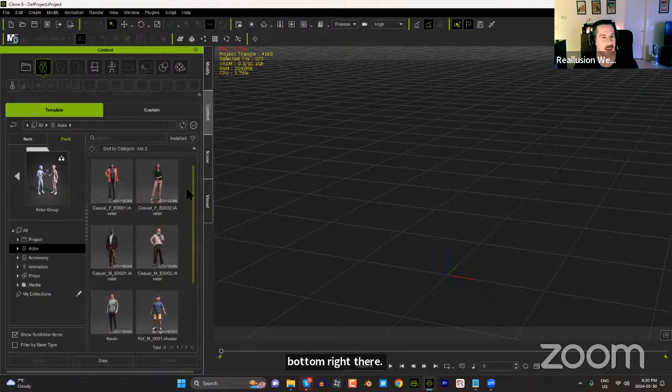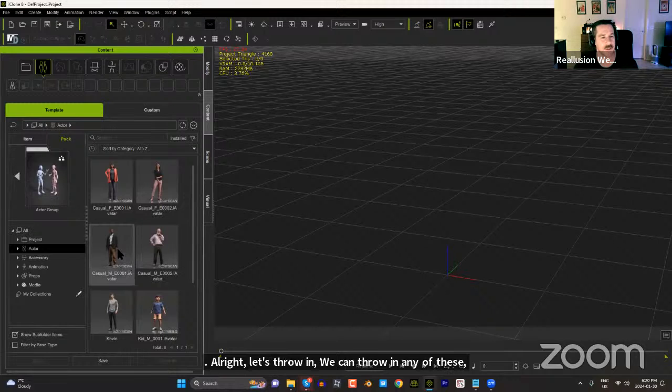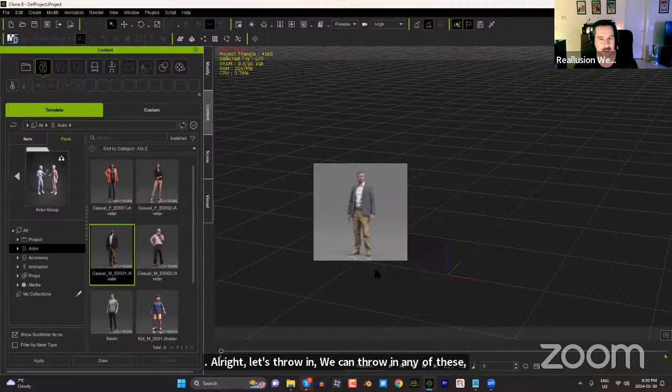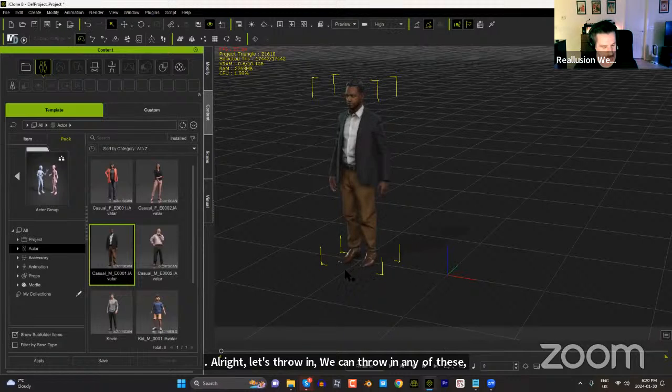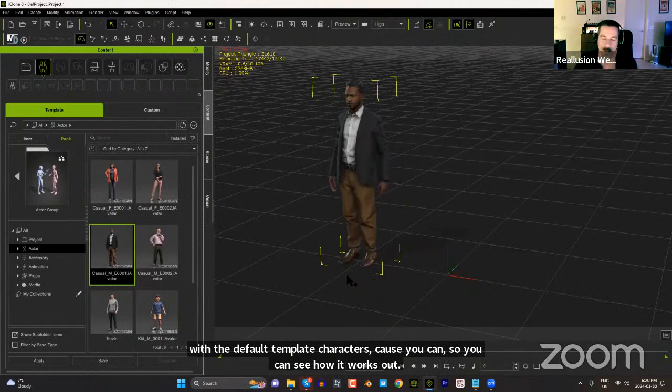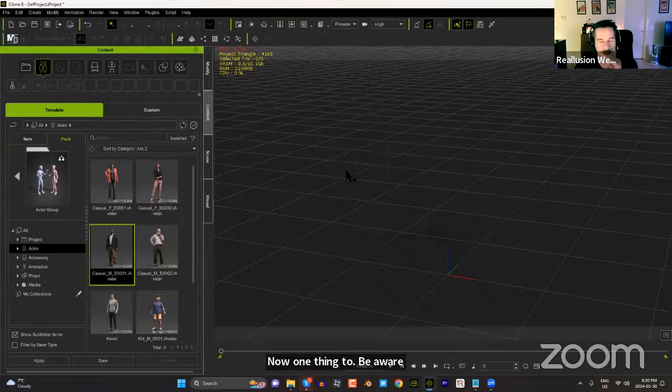All right. We can throw in any of these, but I'll just create one with the default template characters because you can see how it works out. Now, one thing to be aware of when you're creating your actor group, I'm going to delete this guy first,